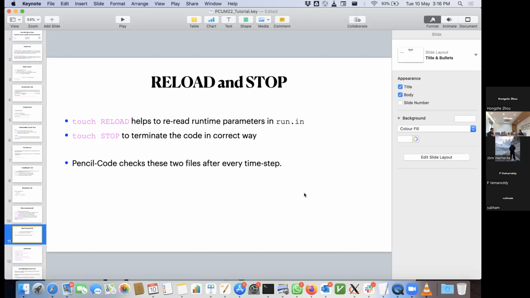So what happens is Pencil Code actually checks after every time step whether these two files are present in your working directory or not. If it finds that reload is present in your working directory, then Pencil Code reads your run.in script and saves it in param.nml